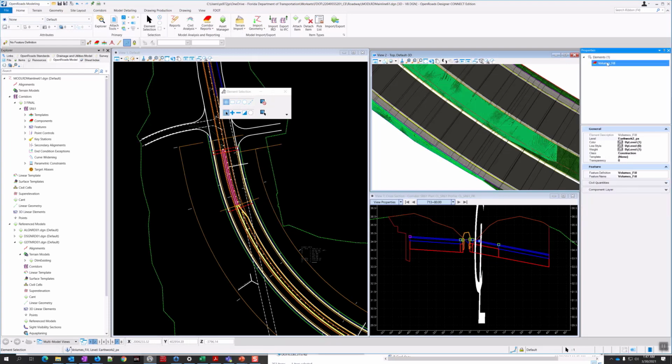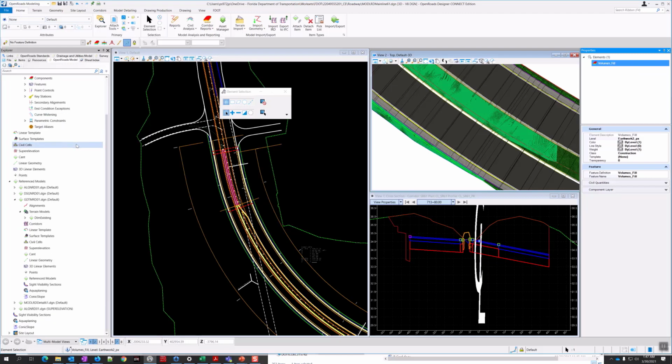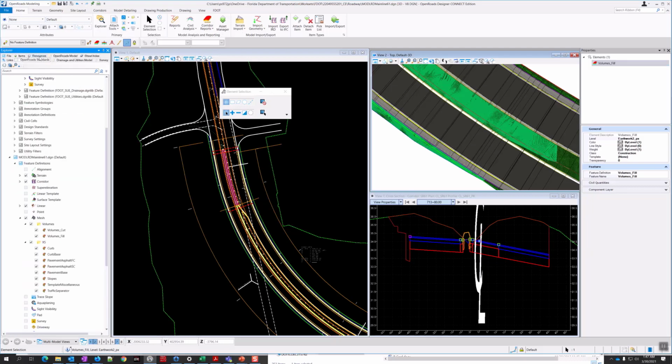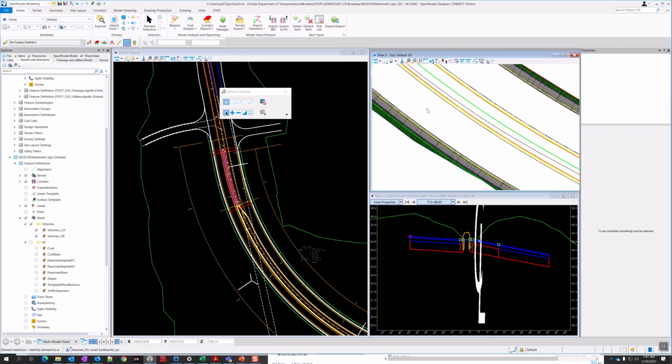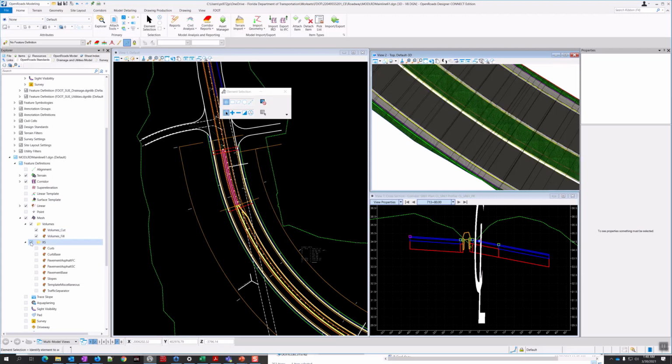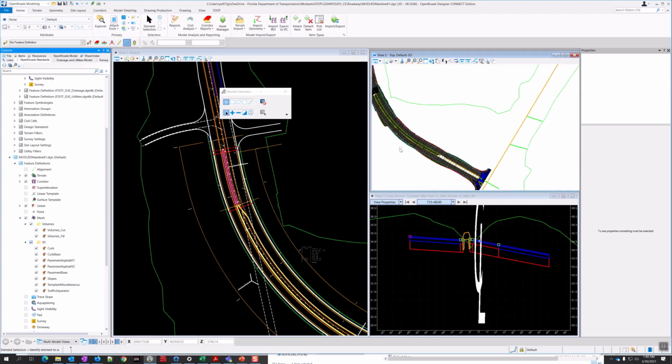I'm sorry, volumes fill. I got the wrong thing. The first time I selected it, it was the mesh. If it helps, sometimes you can turn off all the other meshes. If you come in here under OpenRoads standards, just uncheck the XS, and that'll leave just the volumes there. That's only going to affect this file, but it makes it easier to select it, most likely. So I just hit the backspace key on the keyboard. That also gets rid of it. I'm going to turn the cross sections back on, the cross section meshes.